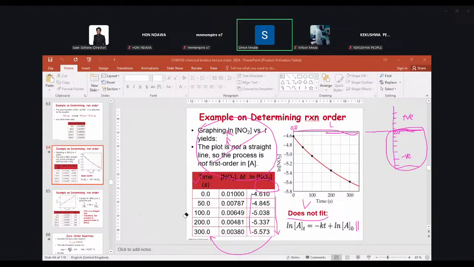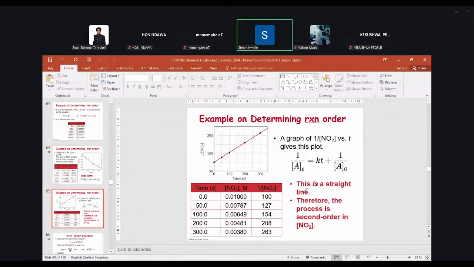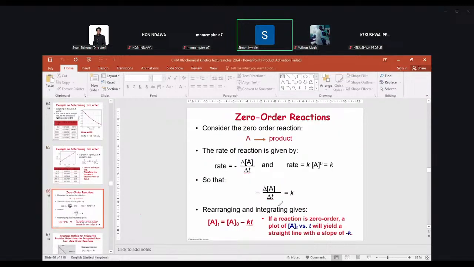So for the zero order, again, we know that the rate is given by this equation, then the integrated rate law. When you combine these two, you have this equation here. When you integrate this equation, this is what you come up with, and this is what I want you to take note of. This is the zero order